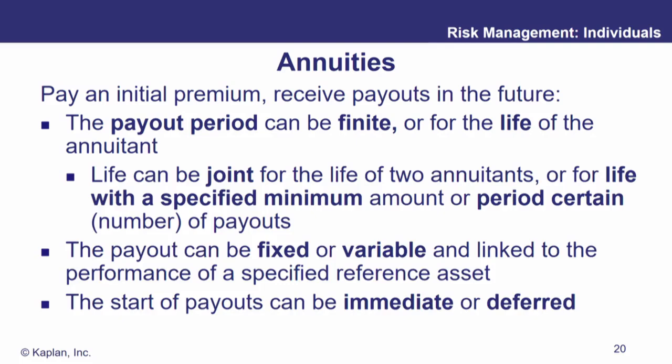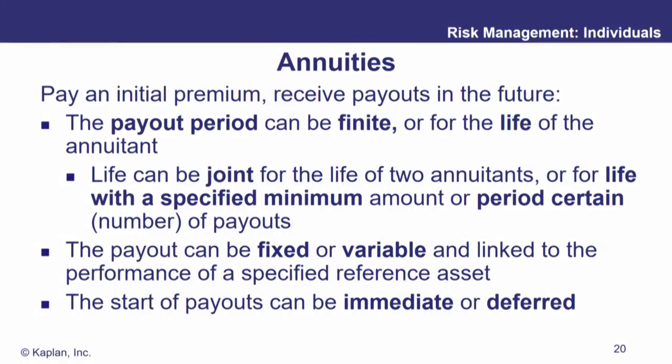You can do what are called finite annuities. You can receive payments for 20 years. That's generally not going to interest us because you could outlive the payment stream. We're usually looking at lifetime annuities. You can't outlive it. As long as the annuitant is alive, the payments continue.